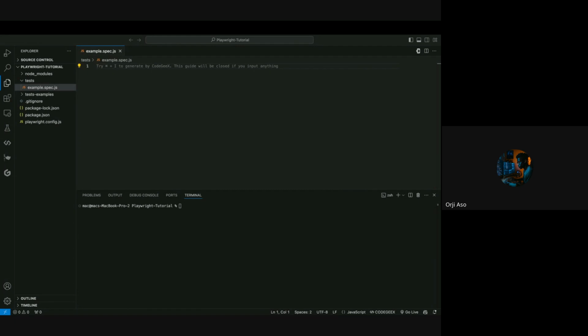So clear it. If you have cleared it, then the first thing to do, if you are writing the Playwright, is to, in